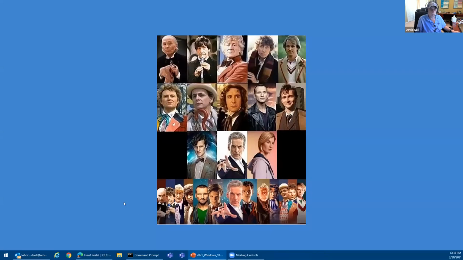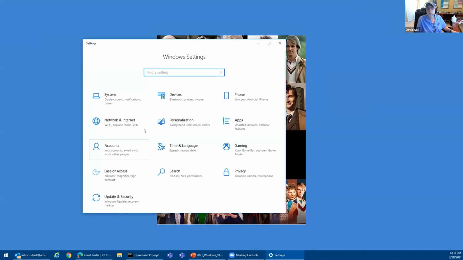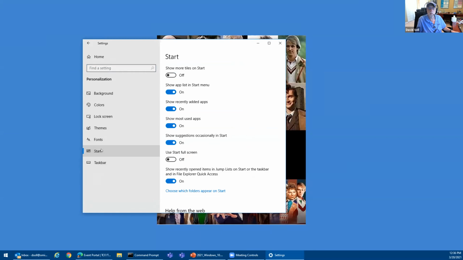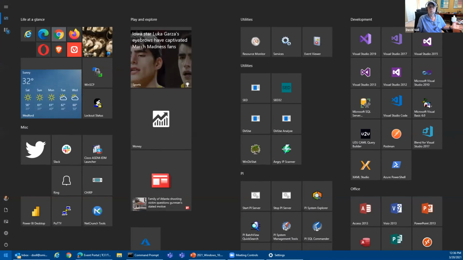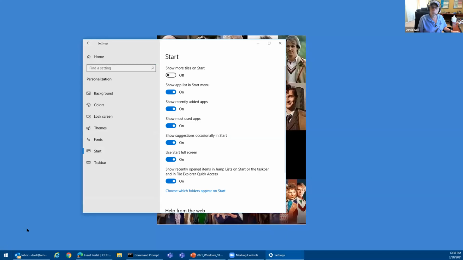So let's do that. Settings, personalization, and then we go to start. And here, use start full screen. All you do is you hit this on. Now, see my start screen takes up the whole page, but I can't see anything else except the start screen, and I don't happen to like that. So when I turn that off,